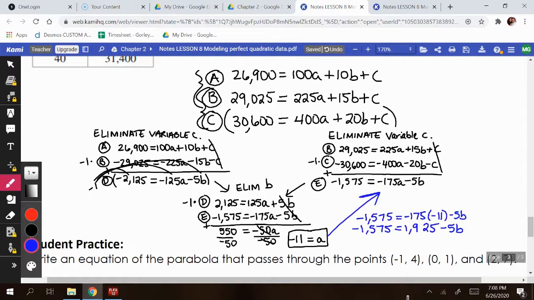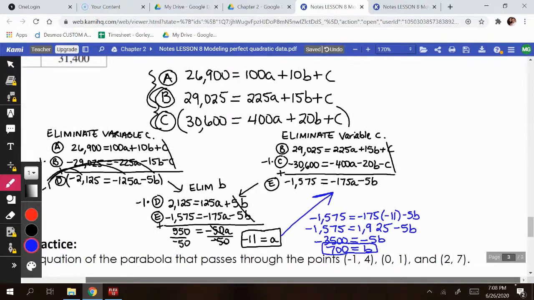So I get negative 3,500 equals negative 5b. And if I divide both sides by negative 5, I'm going to get that 700 equals b. Okay, so now I know a, I know b, and the last one I need to know is the variable c. So now at this point, I'm going to take both a and b, and I'm going to plug those